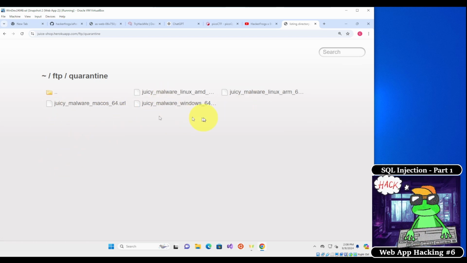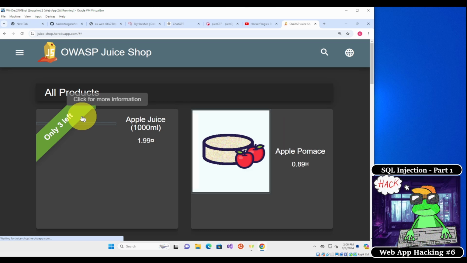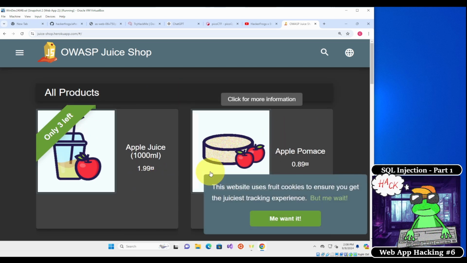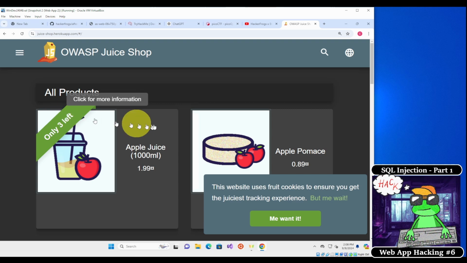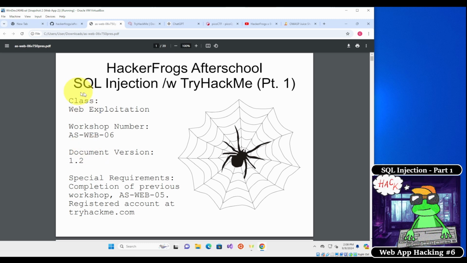So that's pretty interesting. What we might be using this website to test against in the future, just to test some of the techniques that we learn. But for now, that was the warm-up exercise, and let's go over and see what we were learning from the last time. So today, what we're going to be looking at is SQL injection, sometimes called SQL injection,